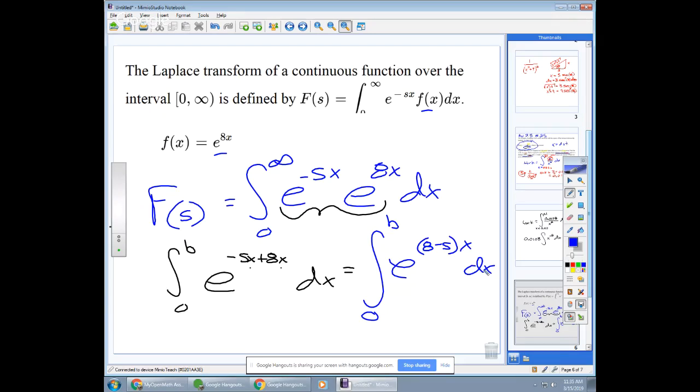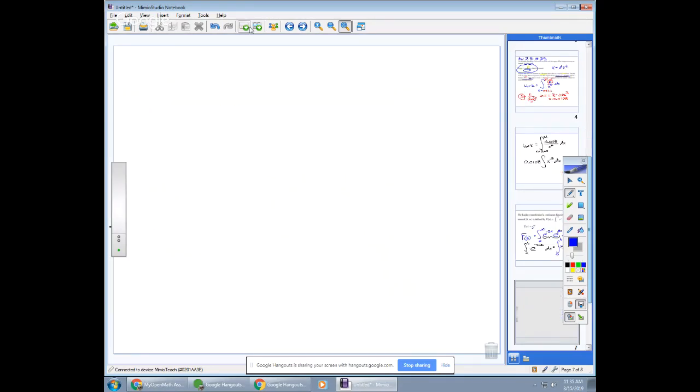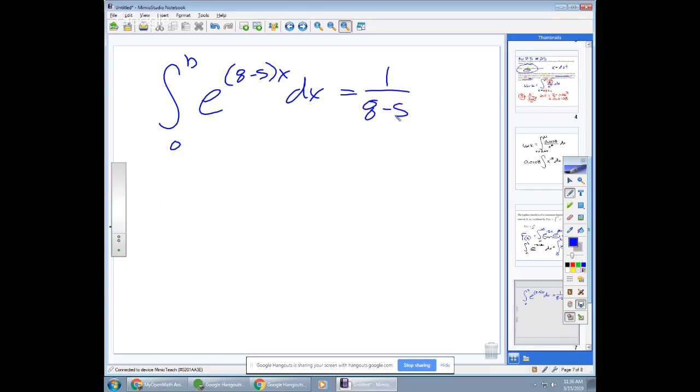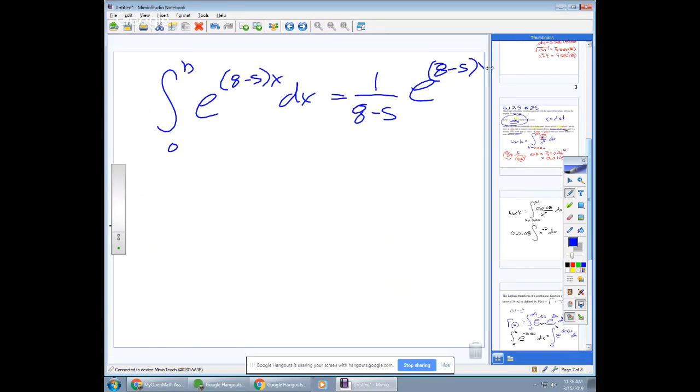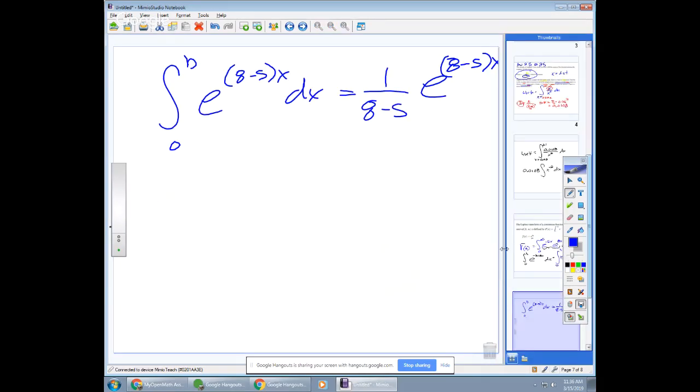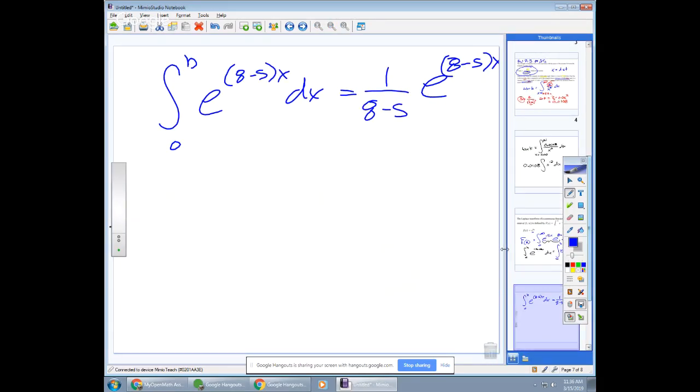All right, what's an antiderivative for e to some power? 1 over whatever's inside. Yeah, it's 1 over whatever that multiple is times e to that power. So an antiderivative here, new page, again, I've got the integral 0 to b of e to the 8 minus s x dx, 1 over 8 minus s times e to the power 8 minus s x. And there's no plus c here yet because I have to,